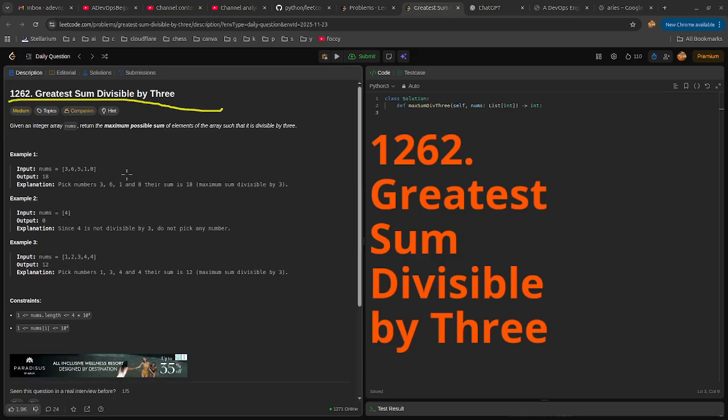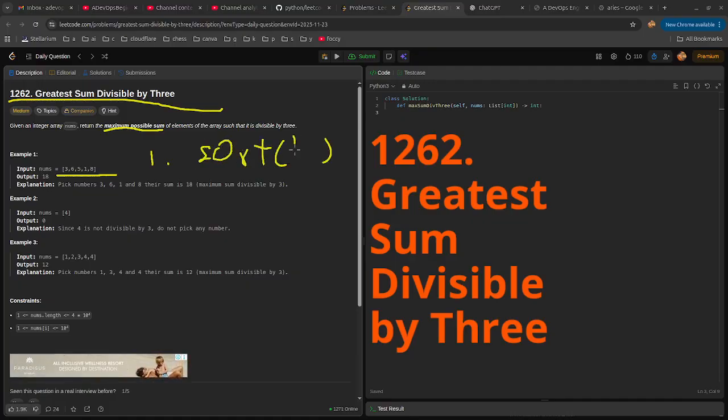Leetcode daily challenge. It is a medium problem, 1262, Greatest Sum Divisible by Three. To find out the maximum possible sum, we want to add these elements into the sum as many as we can. So first of all, I want to sort this given array in reverse order because I want to start from the bigger numbers. Second thing we have to notice is that all these natural numbers can be split into three